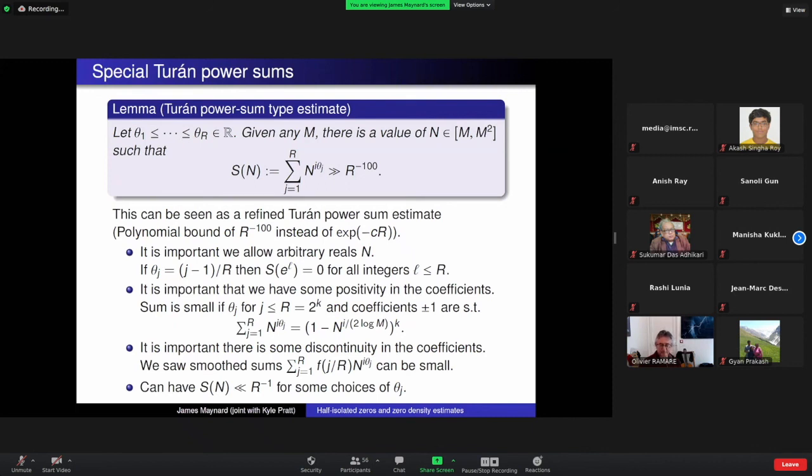Whether these results are doing better in that sort of regime than the much earlier zero density estimates, I'm not sure. So I don't know if these would really be competitive in that regime because there's certainly some losses in our argument. But this is saying something non-trivial, even very close to the half line, is my feeling, although I'd need to check a few of the details.